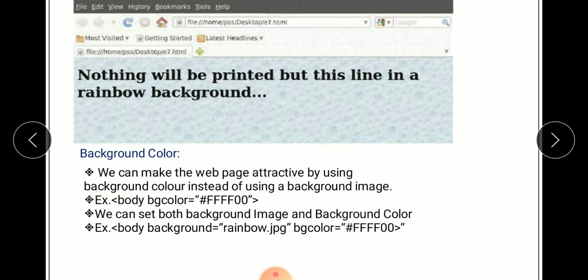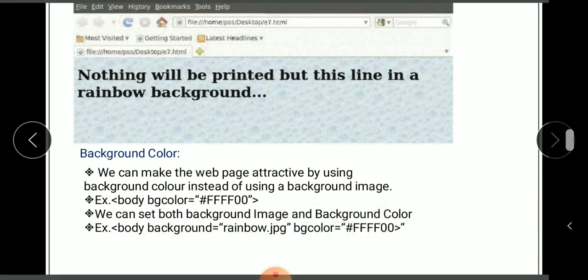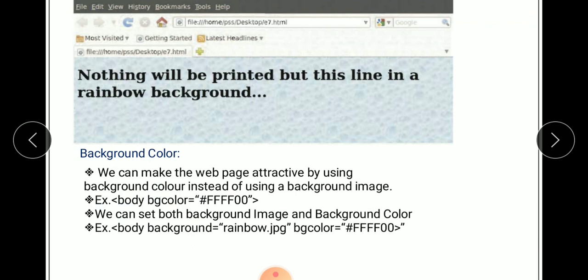Here I give just an example of background color. Body bgcolor is equal to double quotation hash FFFF00 and double quotation close. Then after you close your angular bracket.